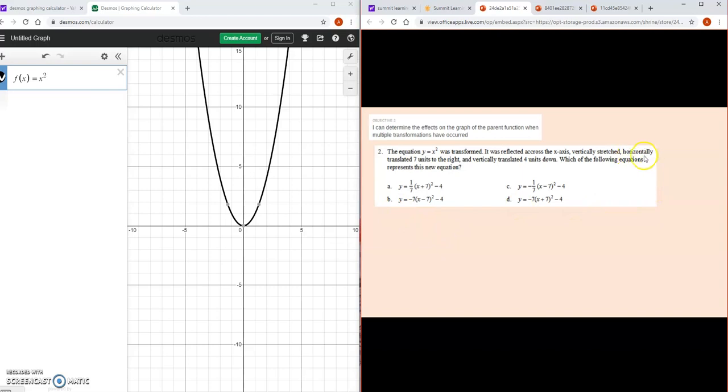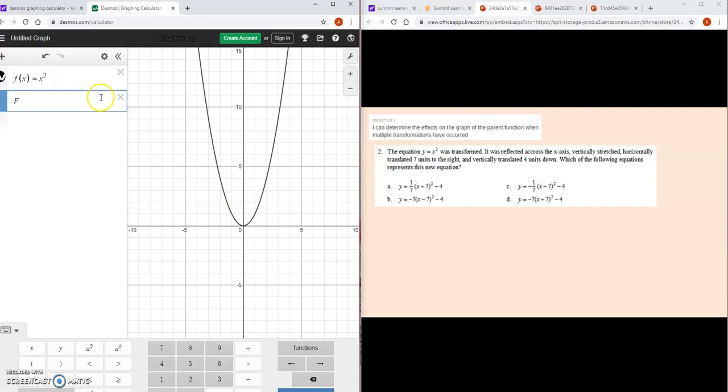Let's look at this. Horizontally translated 7 units to the right. 7 units to the right means it's minus 7 because it cannot be plus. Because everything that happens inside the parentheses is the opposite. So if you're moving to the right, it has to be minus. And then I'm now looking at letter B. By the process of elimination, I think it's B. But I'm going to complete this process. It says it's a vertical translation 4 units down, so I'm thinking it's minus 4. So your last and final step after determining that it's B is to check on Desmos. So we're going to go ahead and